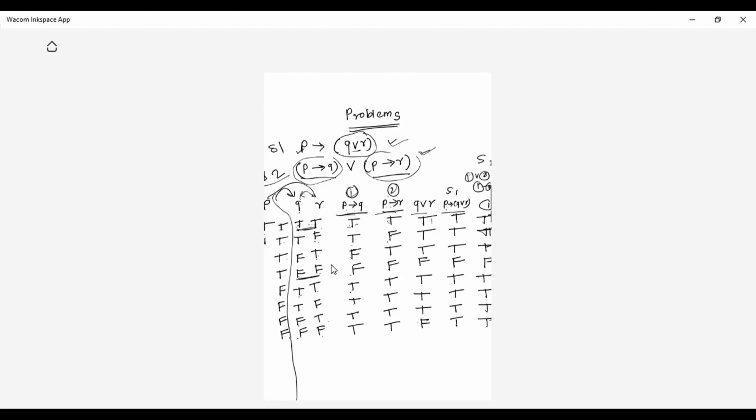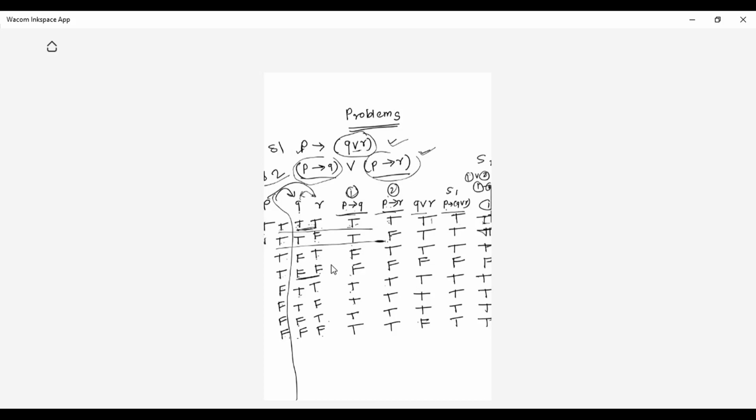Now observe S1 and S2. Whether you are getting the same truth value for S1 and S2, students, yes or no? Say something, everyone. Whether you are getting the same truth values. Yes, ma'am. Okay. So just check it out. These are called the critical rows. You can call them critical rows.